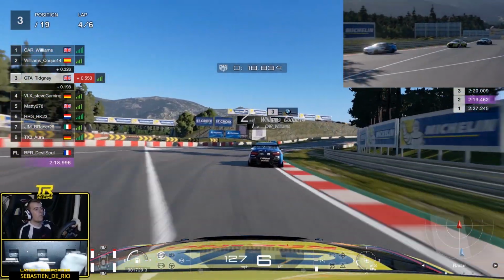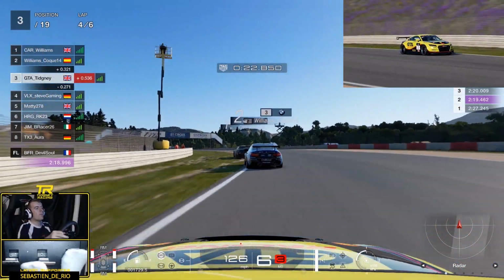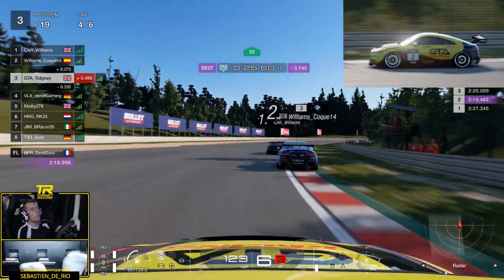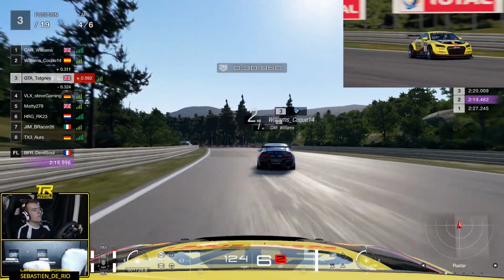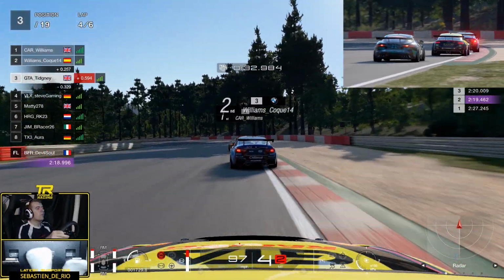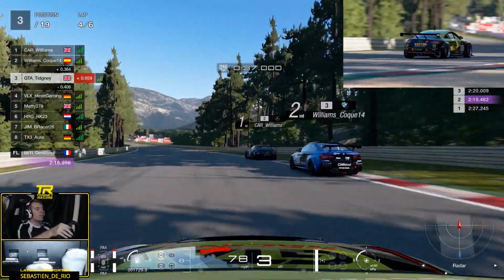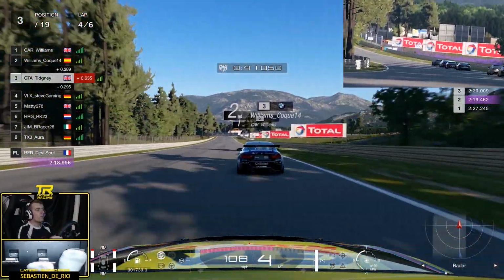As we come up this hill once again, just trying to stay with Ed and Koke here. We can make our decisions later on, and we're trying to straight line that as much as possible and keep it tight here if we can. Still purple in that first sector. You can see we're pushing hard here. A 19.4 on that lap 2 is a very good lap time as we then come into the left-hander. And out we go. So again, you can see I start to over-rev the car. So this is a signal that I want to get past